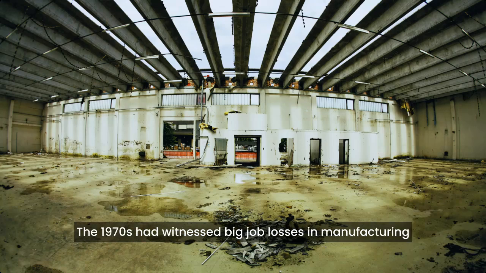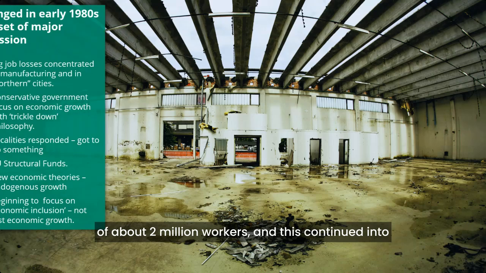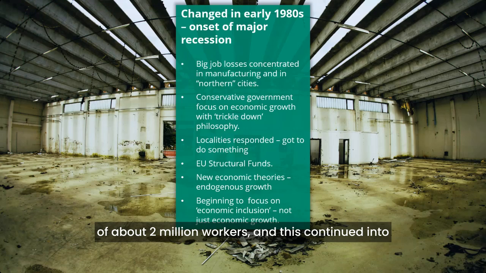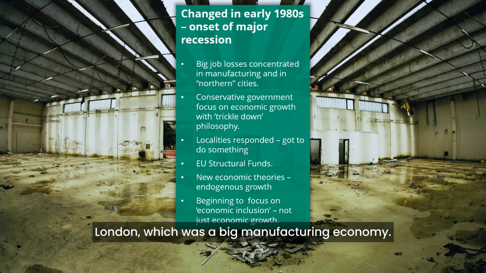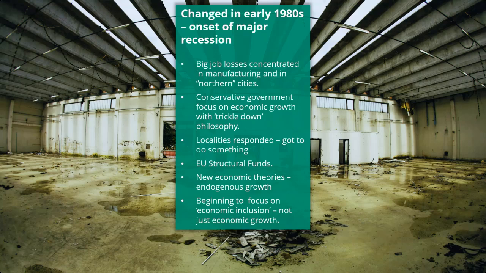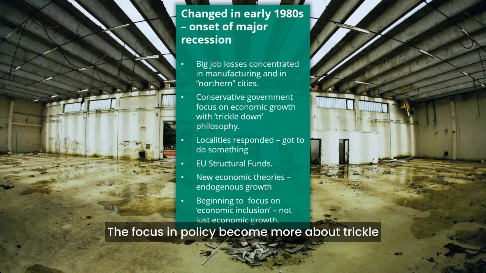The 1970s had witnessed big job losses in manufacturing of about 2 million workers, and this continued into the 1980s with about 1.2 million job losses. And these job losses were concentrated in northern cities and also in parts of London, which was a big manufacturing economy. The focus in policy became more about trickle down, that if the nation and the national economy grows, then